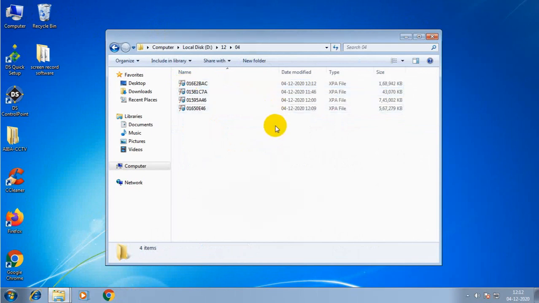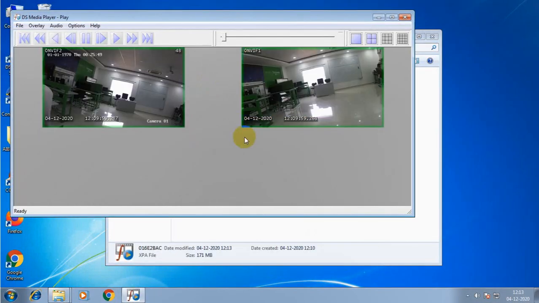Okay. So today I have created a video. So the time will be approximately this one. Okay. Here you can see the starting time and ending time. So it is playing. Video camera 1 and video camera 2 is being played. So the time is also visible. So this is the camera 1 and camera 2. Both are there.